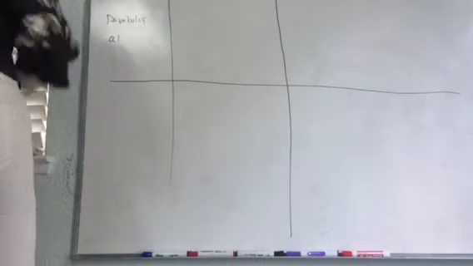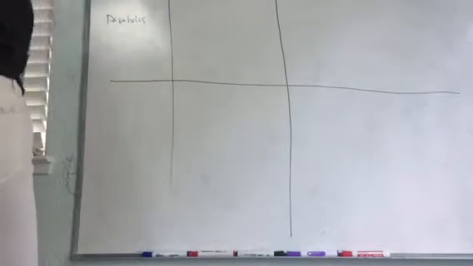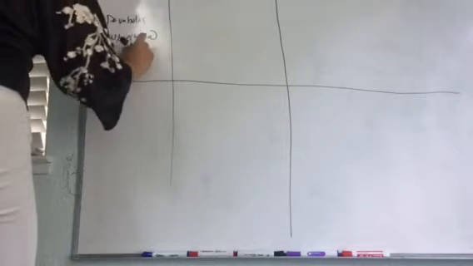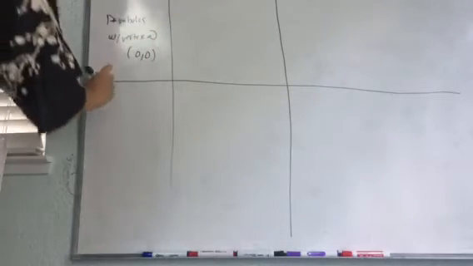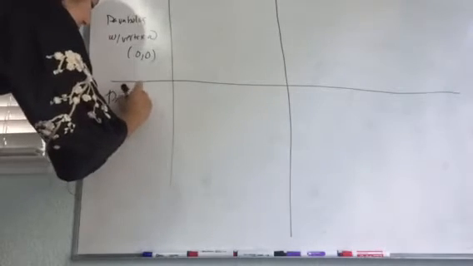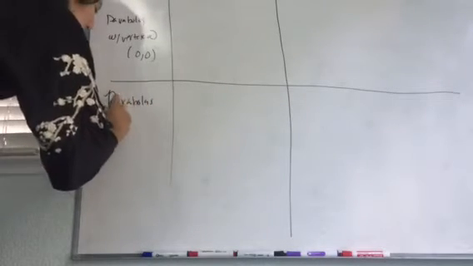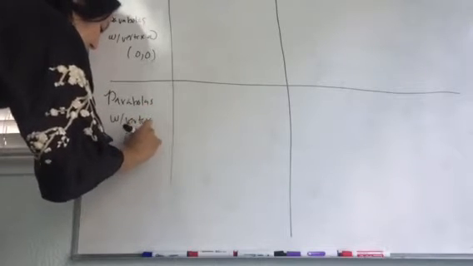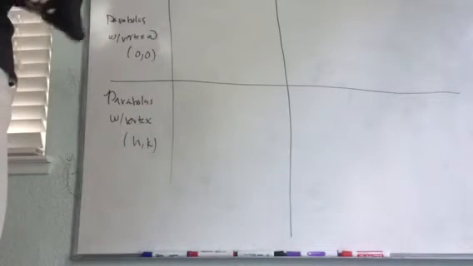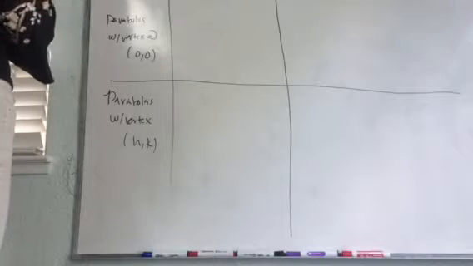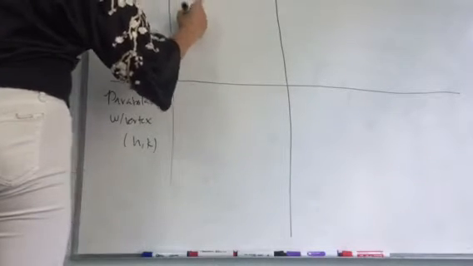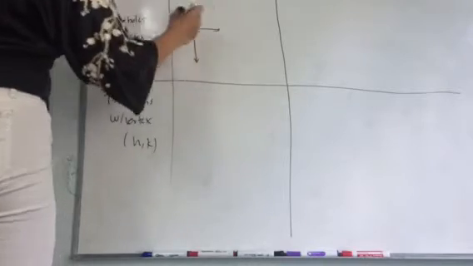Let me write vertex of 0, 0. At 0, 0. And then here, the information I put here is the parabolas where the vertex is not at 0, 0. It's at h and k. All right? So there's two situations where parabolas can have a vertex at 0, 0. The first one, and I'll actually color code this a little bit for you,